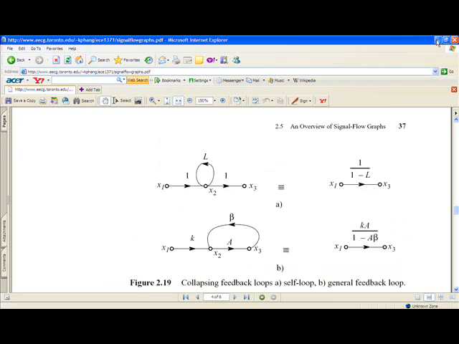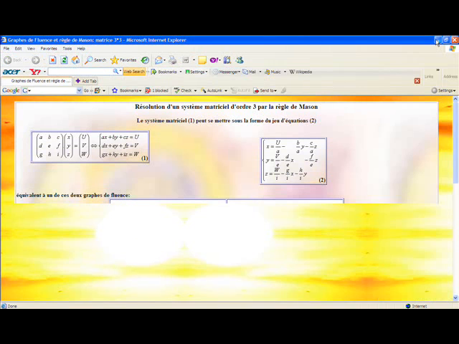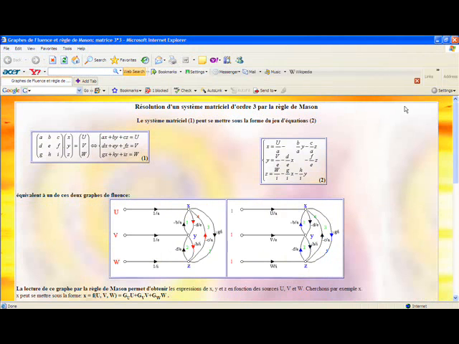So whatever the complexity of the signal flow graph, it can be reduced using these techniques, and this method is used in many areas of engineering. It's commonly applied to areas as diverse as automatic control and data communication, etc. Now in this example we're going to have a look at how to solve a 3x3 matrix using this